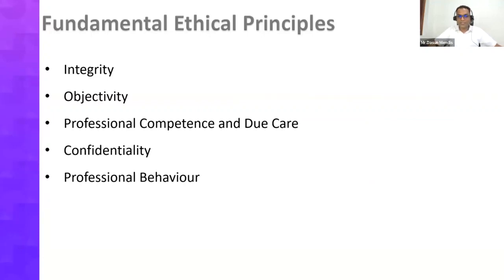that an accountant has to adhere to. Those scenarios are tested from these five fundamental ethical principles: which principle has been breached in each scenario. In summary, these 5 are integrity, objectivity, professional competency and due care, confidentiality and professional behavior. We need to discuss each of these in detail and explain which fundamental ethical principle has been breached in each scenario.